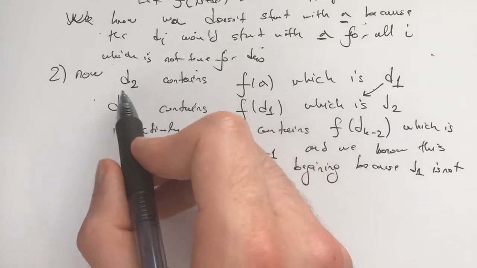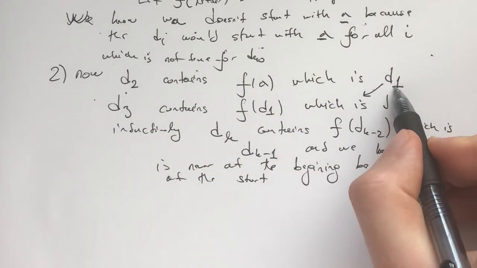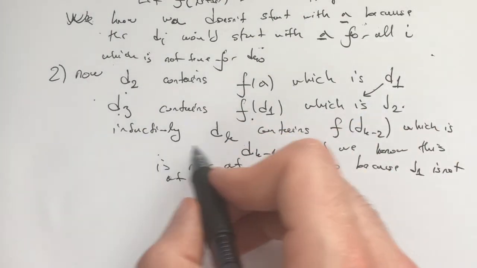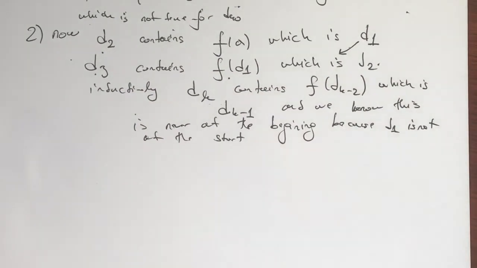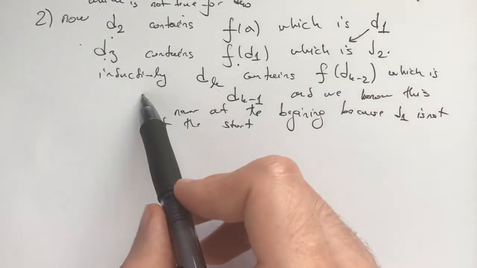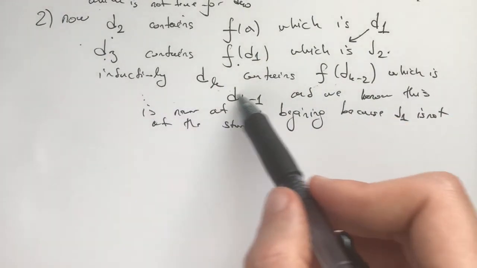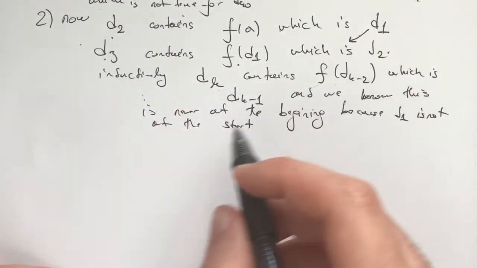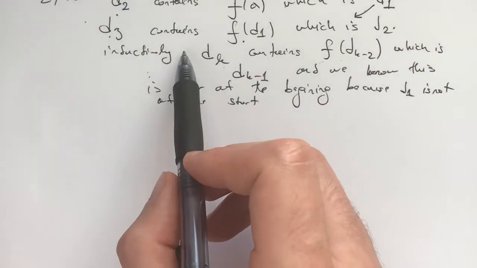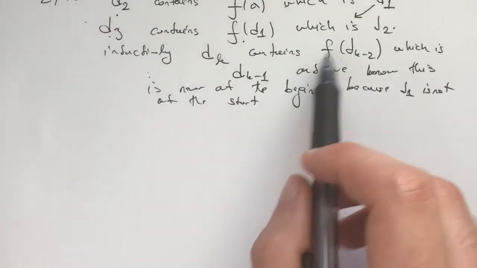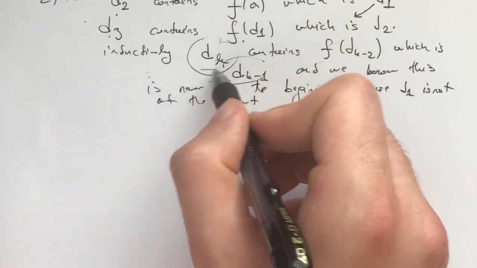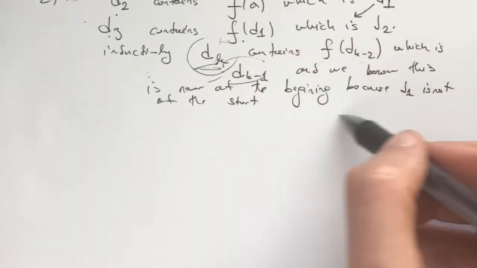Now we know that D2 contains F of A, which is D1, and then D3 contains F of D1, which is D2. And inductively, we can say this just inductively. Depending on the competition, they might want you to lay out the induction. In some cases like this, they can just tell you it's okay if you just write inductively. The rule of thumb is the higher the competition, the more the ideas matter and the less the technique. And so we have this. Now that we've said that D(k minus 1) is a part of Dk, but it's not at the beginning,